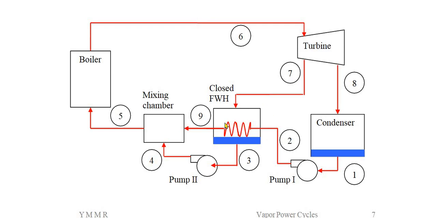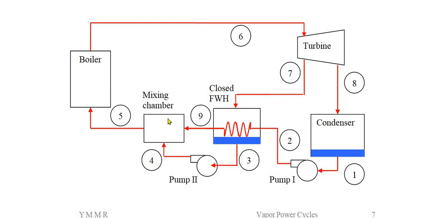The closed feed water heater is also a heat exchanger. Inside the tubes we are pumping the water. Outside, the tubes are exposed to the hot flue gases. Here, in place of hot flue gases, what is there? Steam will be there. So there will be heat exchange between the steam and the water, thereby the steam gets condensed and it will be collected. We collect that from pump 2. The feed water is already heated and comes here, and the condensed steam is also coming from pump 2. Both we are mixing physically here.